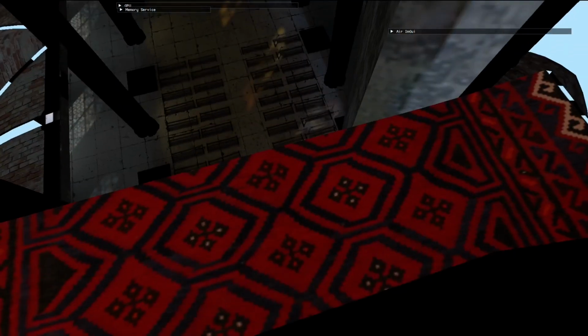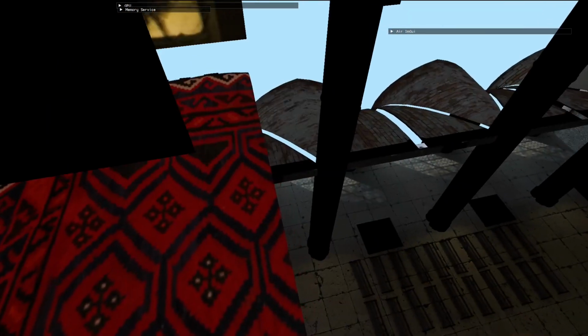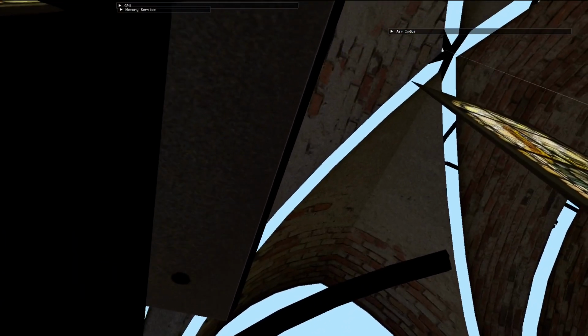I also want to show you this model. As you can see with this model, things are beyond broken. But this is the same code that renders the other models completely fine. For some reason this model's scaling is completely off. Things are too small or way too big. I haven't yet found out why this is happening, which is pretty frustrating.